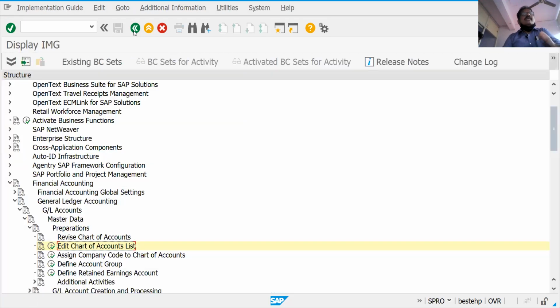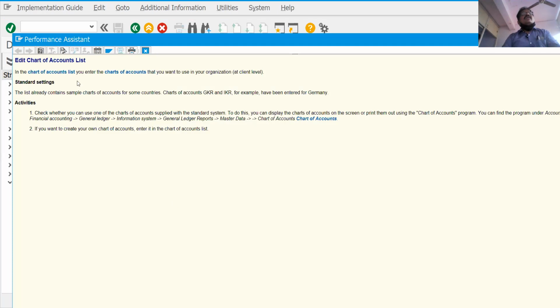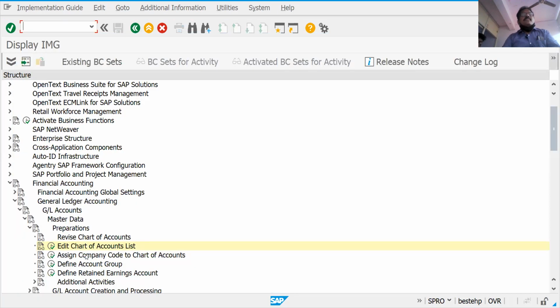Chart of accounts means our company accounts. If you want to know what the chart of accounts is, you can see the documentation here. In the chart of accounts list, you can enter the chart of accounts that you want to use in your organization. So whatever accounts we are using for your organization, that is called the chart of accounts. Assign company code to chart of accounts.